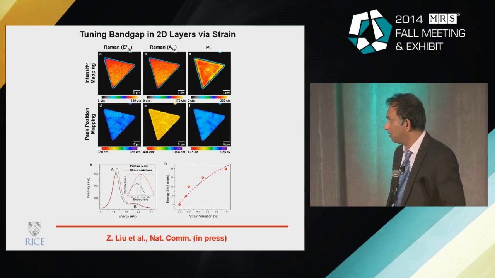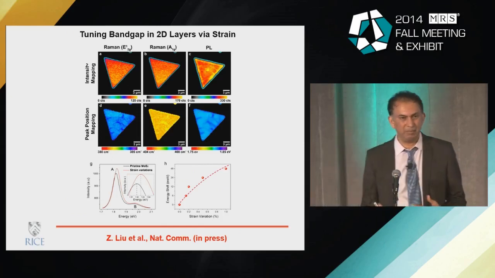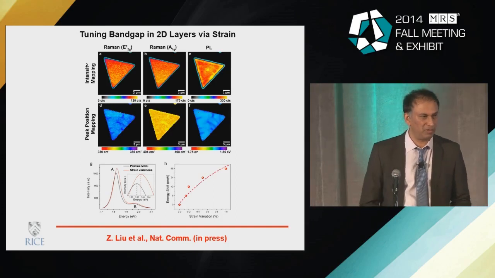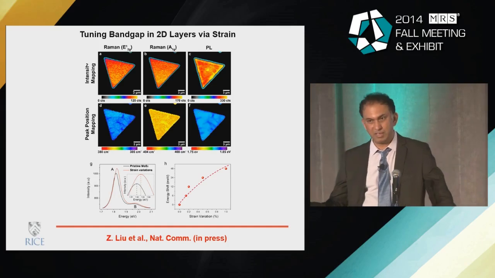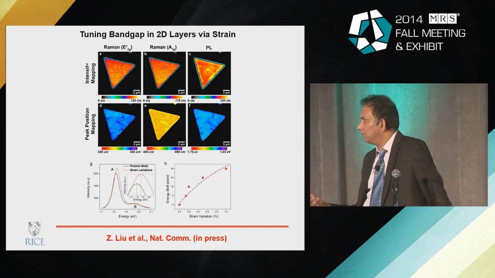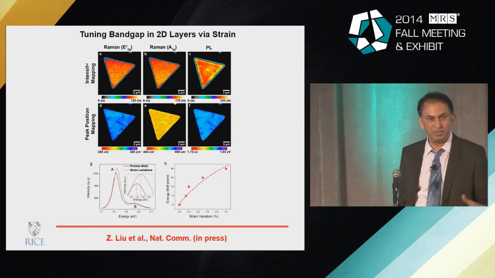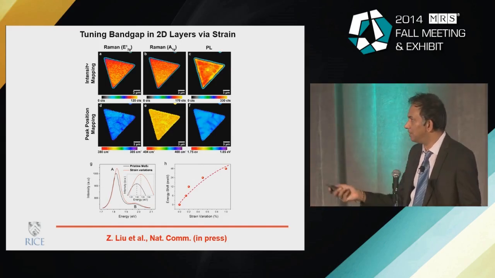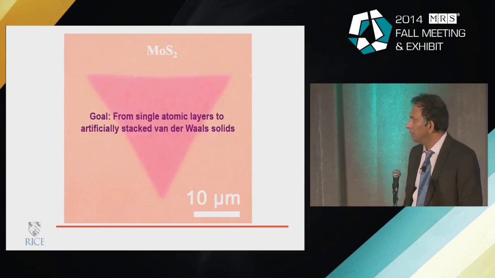The other possibility, because these are flexible, is to be able to tailor the band gap by strain. Strain engineering has been well known in the semiconductor industry, and here you have a much better option because these materials are much more flexible. So again, we have seen evidence of this change in band gap and change in conductivity as you change the flexibility, as you start bending them and so on.